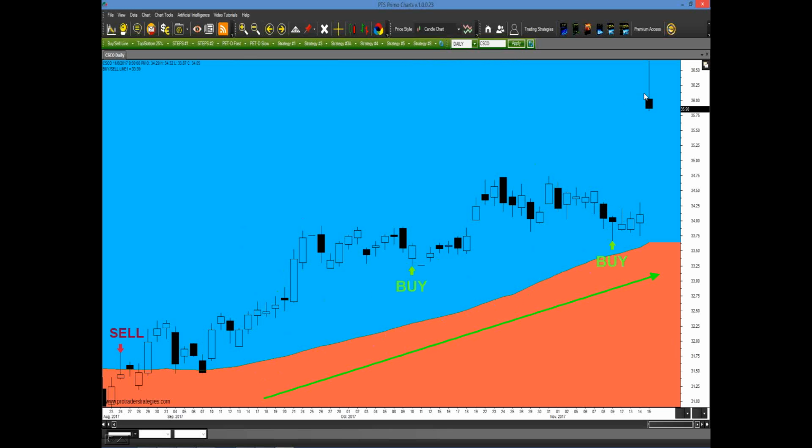So why would we have bought it? Because the market was telling us. We didn't have to listen to some guy in a chat room. The market was telling us it wanted to go higher. That's the only thing you have to listen to. Now right here, the market was telling us it wanted to go lower. But look at the momentum. Flat to almost down, so you wouldn't have taken that signal.